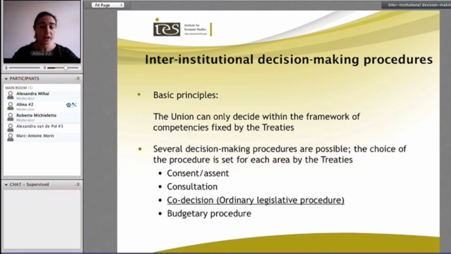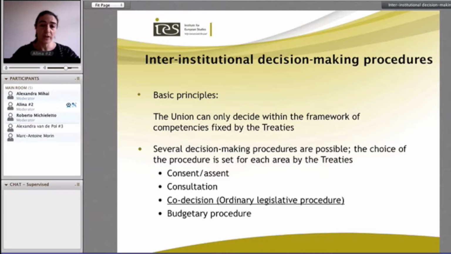This is why in the consultation procedure, the European Parliament issues a so-called opinion. And again, if we think back to the previous slide, when I said opinions and recommendations are not interesting for us from a legal perspective, just because they're non-legally binding, this is what applies here as well. That's why the position of the Parliament here is a rather weak one.